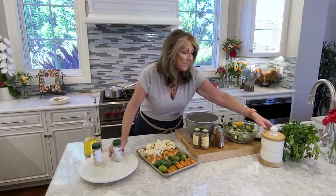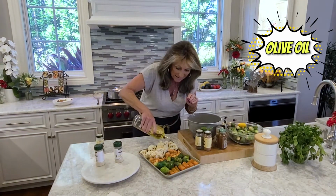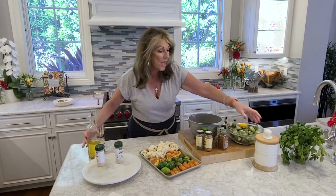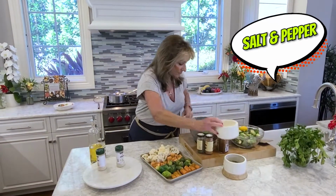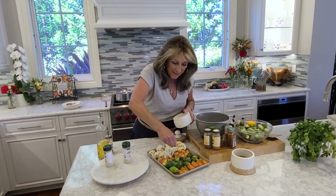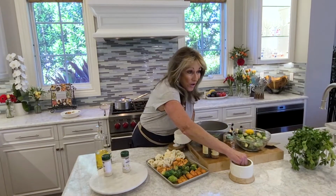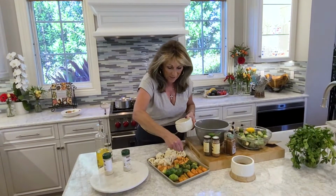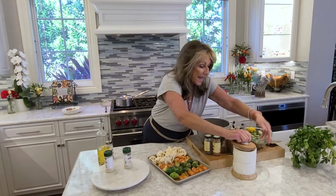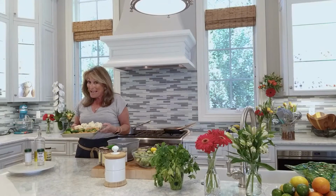So we're just gonna top this with more olive oil. Get those flavors right glued on to those veggies. And then a little salt and pepper. Remember, I salt everything at the end. You don't want the salt to dry out your food. It can even dry out a vegetable. I mean, it really can, but salting it at the end controls everything, which is great. And now we pop this into a 400-degree oven. And the magic happens